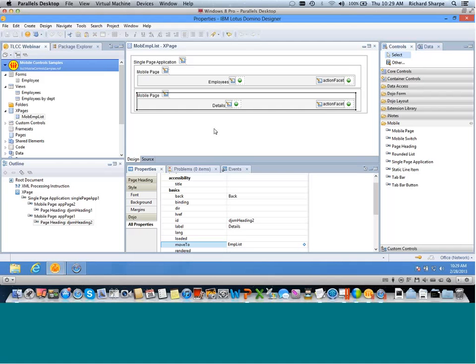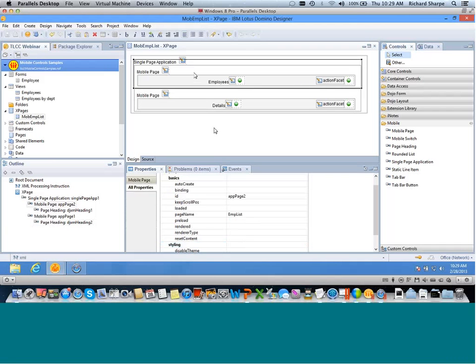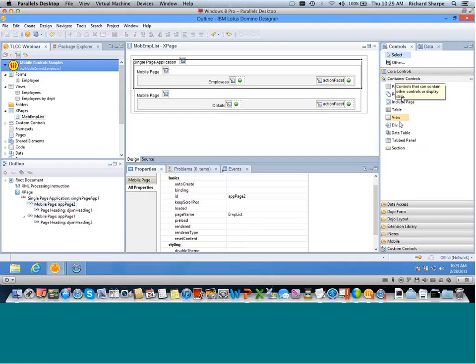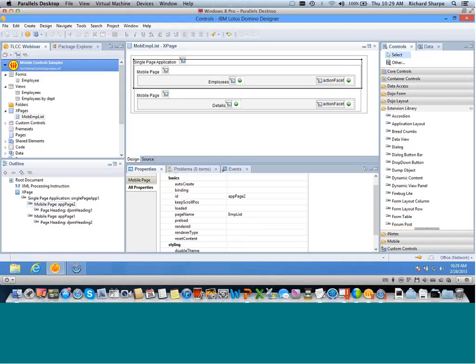Now, before we test, we want to put some data on here. So let's go back into our first mobile page, and there's nothing in here really to set up some data. Normally in an XPage you'd go into the container controls and drag a view container into the XPage. View containers are not supported with the mobile controls. What you have to do is go into the extension library, which again is part of Upgrade Pack 1, and drag this thing called a data view in there. So if I drag that into my page,